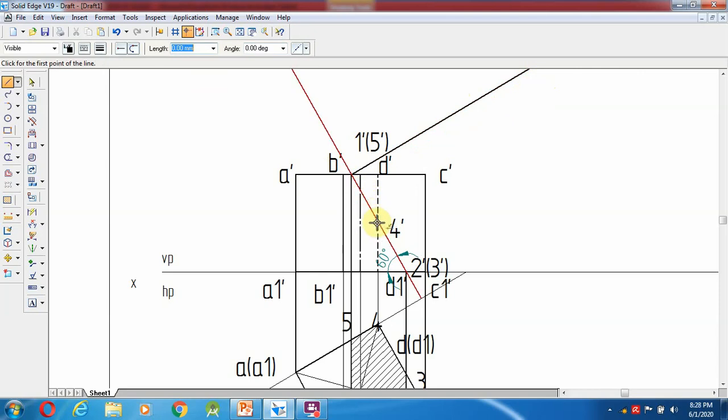Even at the fourth point, project 30, and this is the point, 30-degree.